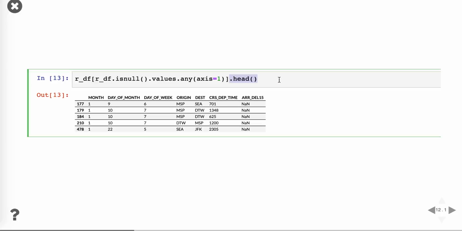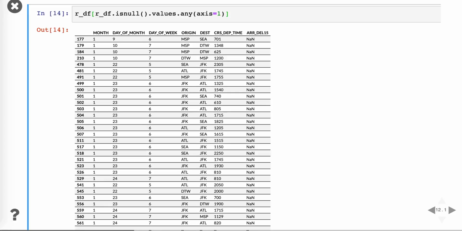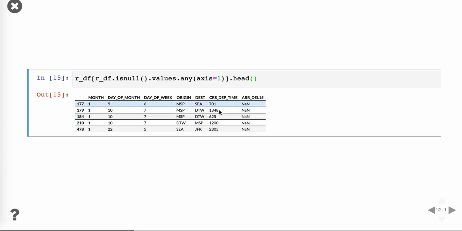If I remove this, it will try to display the entire 188 rows here. So instead of displaying everything, I will just print out the head over here. So this is like conditional row access.